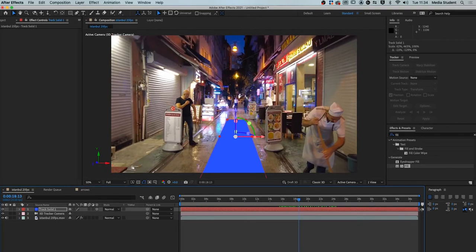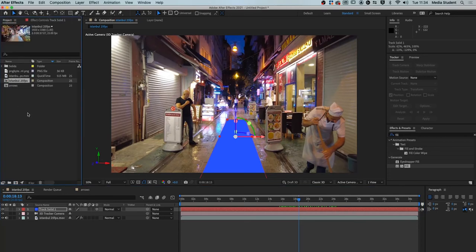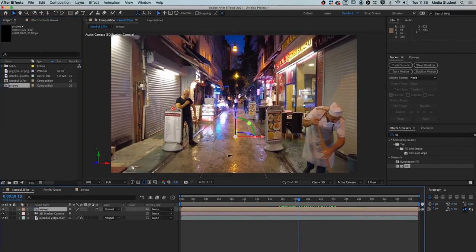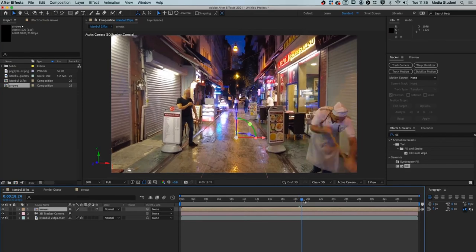And the next bit is fun. We go back to the project panel. We're going to drag this arrow composition that we did, and it doesn't really matter if yours doesn't look like mine, but we're going to drag that onto this layer here, but we're going to hold Alt before we release the arrow composition. So click and drag, don't release it yet. Hold Alt, and then when you release it,